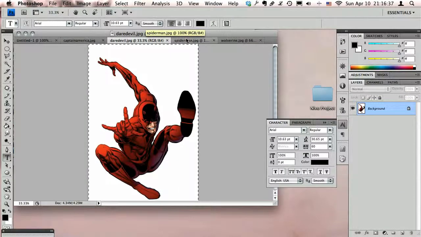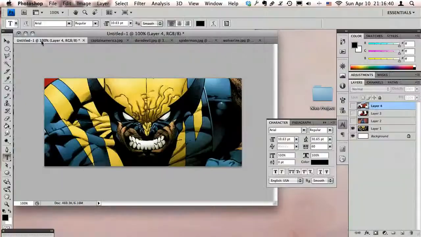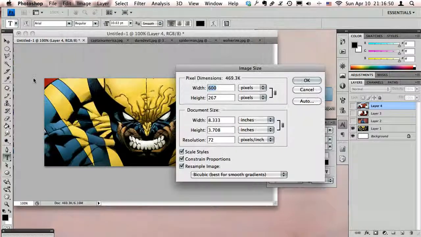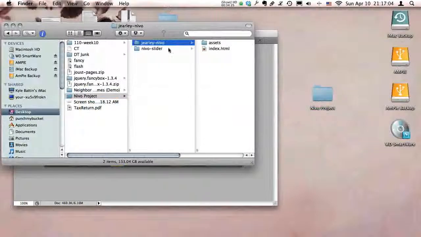I've already resized them here, but what I've done is I created a brand new document with a custom size that I wanted. In the case of these, based on what their original resolution was, I had to have a width of 600 by 267 because some of the images were a little smaller. So create a new image, and then what you'll want to do is